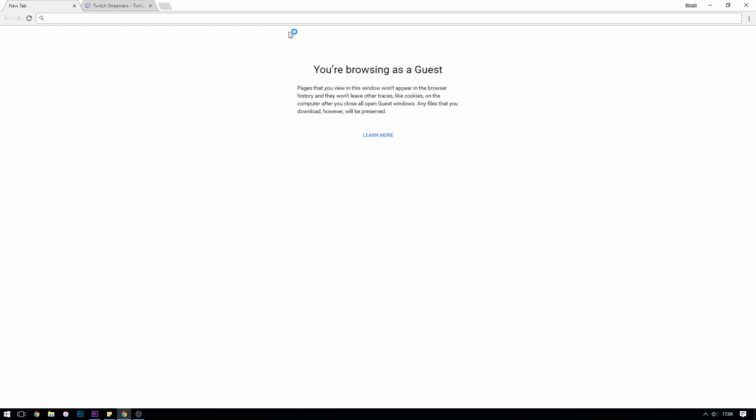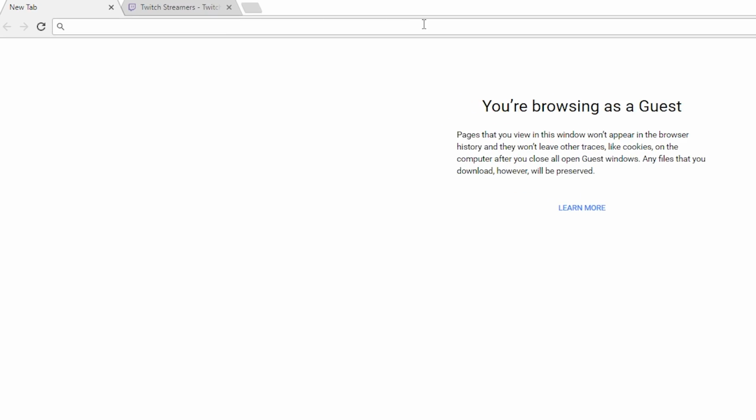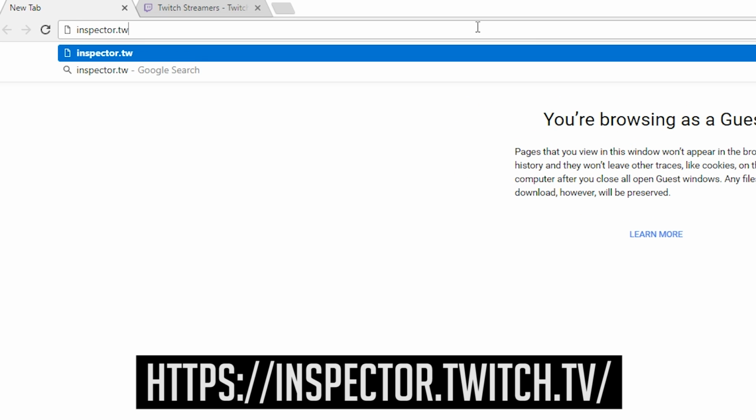So the first tool that we're going to be using is called the Twitch Inspector. Now this is an official stream inspector tool built by the fine folks at Twitch that lets you run a test stream without actually streaming to any of your followers and then analyze all of that juicy video and audio information in real time. So what we need to do is point our browser of choice over to the URL, which is